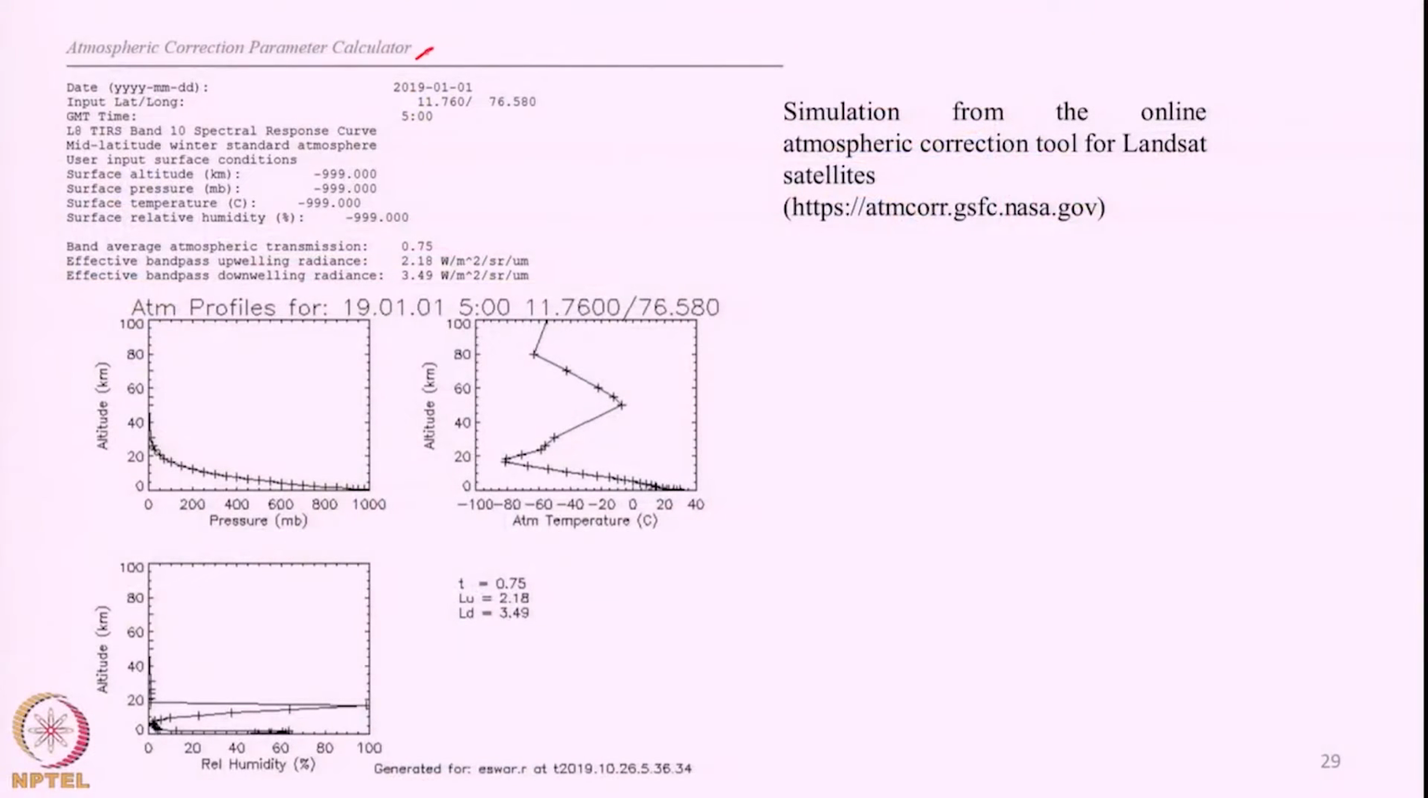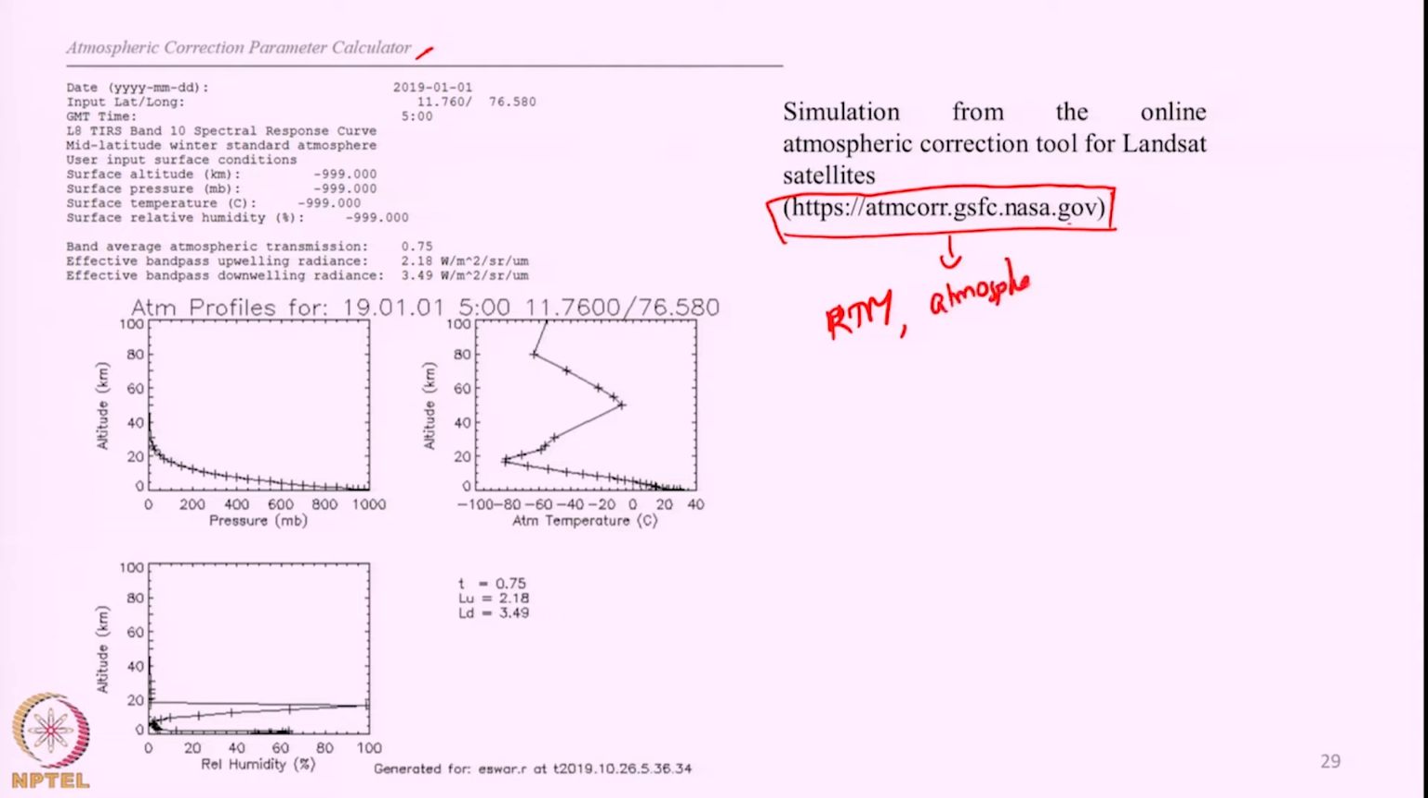In this slide I am just giving you the output of how that website will work. So, the website address is given here. At the time of this course recording, the address goes something like this: atmcore.gsfc.nasa.gov. It is basically a website which has links to a radiative transfer model (RTM) plus an